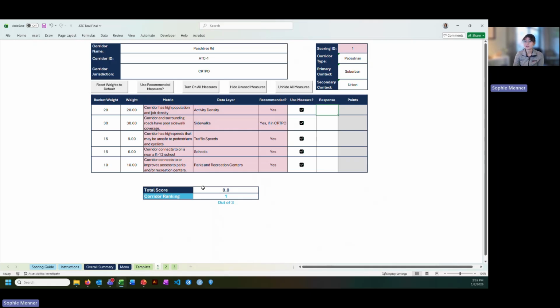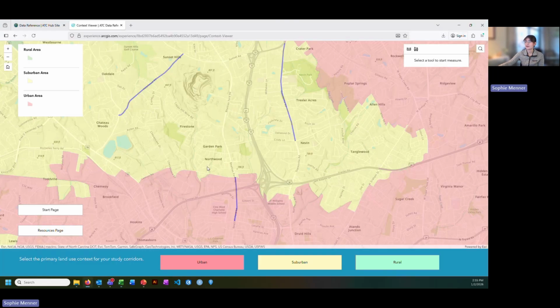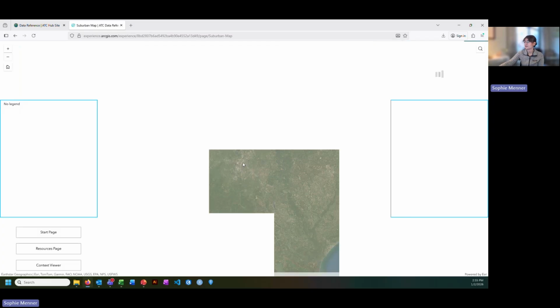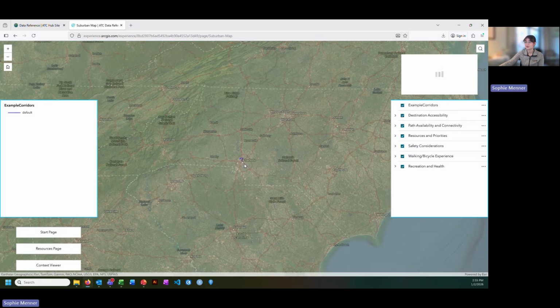Now that we've set the scoring ranges for our corridors, we can go through and actually assign these scores. So we will start with the activity density layer. We will go now to the online data reference, and we need to first select the primary land use context for our study corridors in order to view the data. Our corridors have a primary context of suburban, so we will click the suburban button, and this will take us to a new page